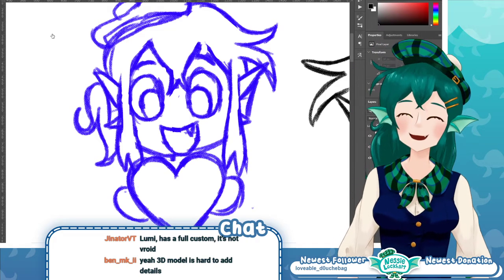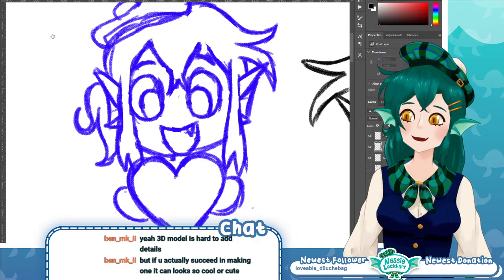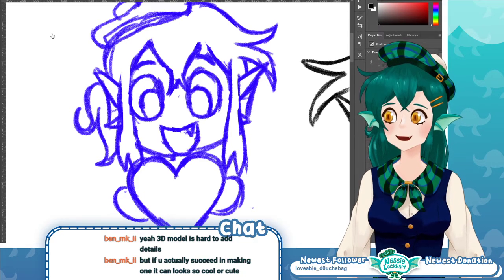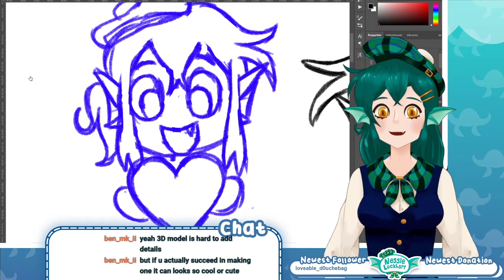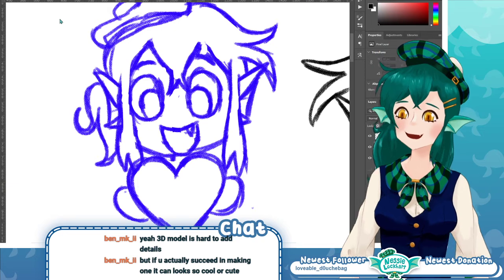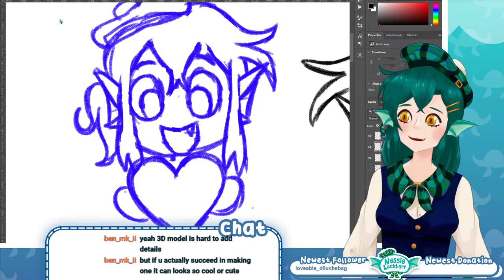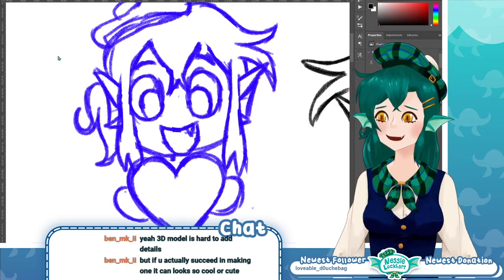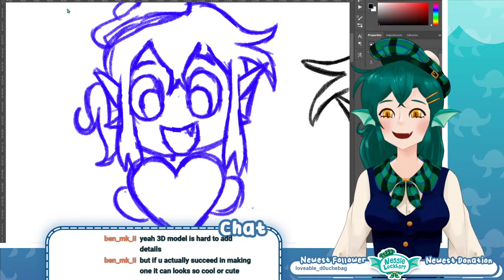For Vroid, if it's not what's considered a Vroid stock model, is that not Vroid then? Does it have to be using their presets? Or is Vroid the capture software, or is Vroid just the modeling software, or is it both? I guess I just don't. Maybe I should Google this.